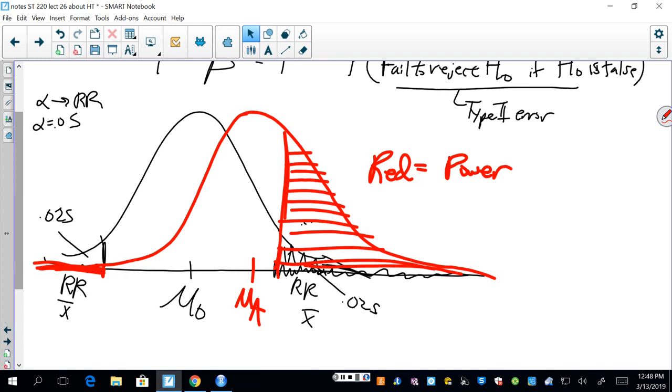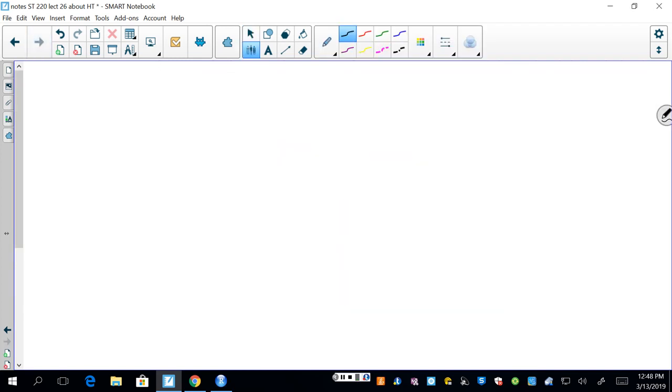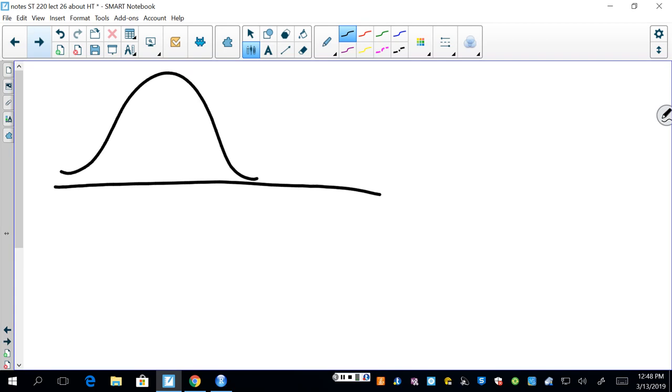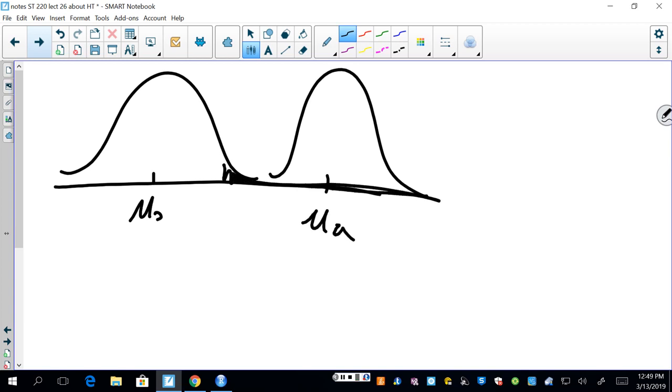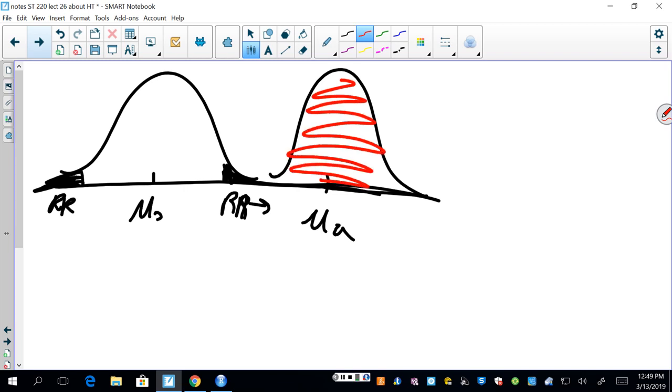But a few things affect that. Certainly this distance does, because if you push this out here, you get a bigger distance there. If the curves were well separated, this is mu sub 0, and this is mu sub A, and this is our rejection region, all that under here. And this is the truth, that we're really going to be out here. There's basically 100% power here, because all of our x bars under the alternative are going to be way out there,